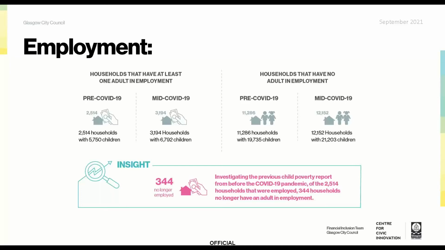There's also about 1,000 families with nearly 2,000 children in the first report whose income's actually reduced during the pandemic, and we could track that, and we're beginning to see that emerging picture of families being worse off since the pandemic. And if we move on to slide 9, please.